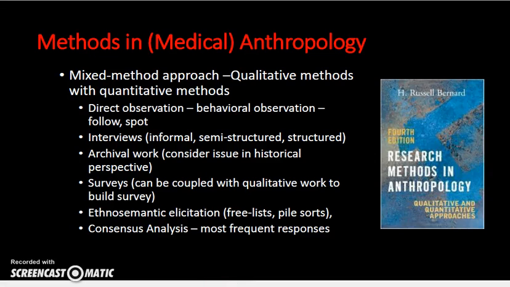So in terms of the different methodological approaches that medical anthropologists take, and again, Singer and Baer highlight many of these over the course of the textbook, in their various summaries of articles that they are covering in the context of the class, as well as those four case studies that they often highlight in the beginning of the chapter. So, direct observation and behavioral observation: you can follow individuals or stay in one place and observe